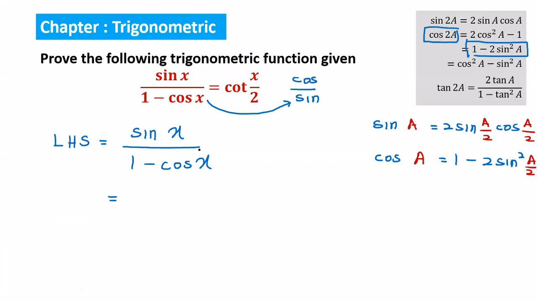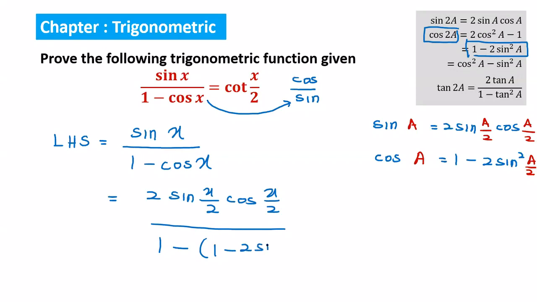Okay, sine x is going to be this, class. That is 2 sine a over 2. That means it's not a here, we are going to use x here. It's x over 2, cos x over 2, right? Done. Over the bottom part is 1 minus, okay, cos a or cos x here is going to be substituted with all this: 1 minus 2 sine square x over 2. Got it? So I'm going to erase this, class.